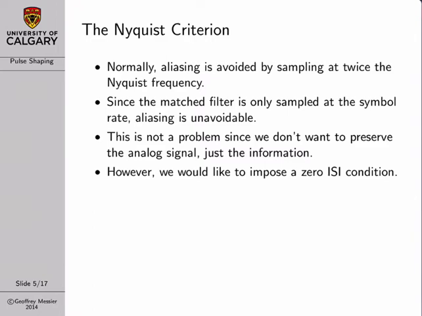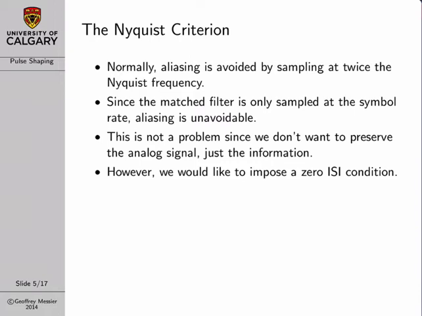Now, as we said in the previous slide, aliasing is normally avoided by sampling at the Nyquist frequency. However, the matched filter is only sampled once per symbol. And so that means aliasing at the output of the match filter is unavoidable. So aliasing always occurs at the output of the match filter. Now, normally this would be a bad thing in general signal processing, but it's not a problem for